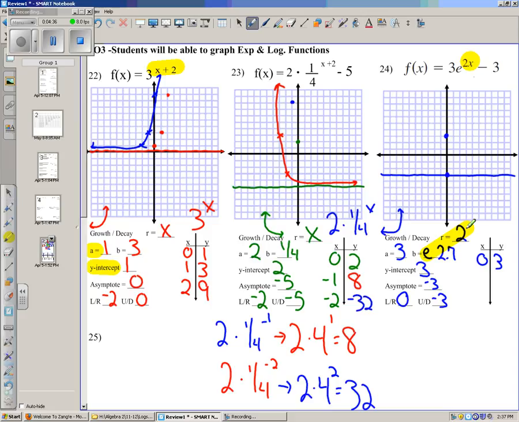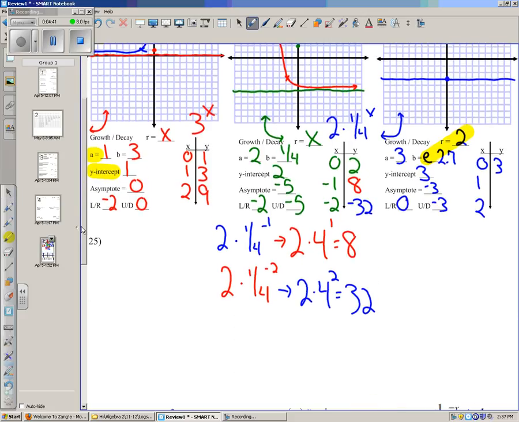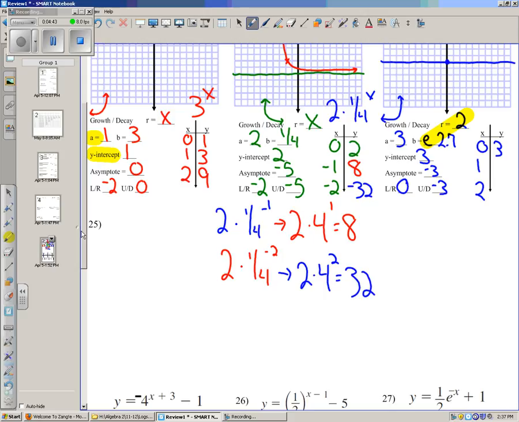Since it's growth, I'm going to use 1 and 2. And when I make my t-chart for this one, I'm going to leave out h and k. So my t-chart is going to consist of 3 times e to the 2x. And I just used the e button when I did this. So again, kind of walking through those steps. If I make x 1, then what I'm going to do is take 3 times e to the 2 times 1, which is just 3 times e squared. And if I type that into my calculator,